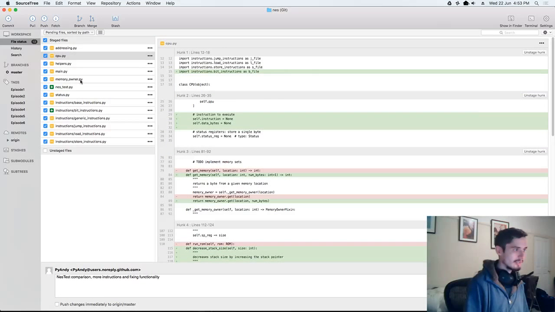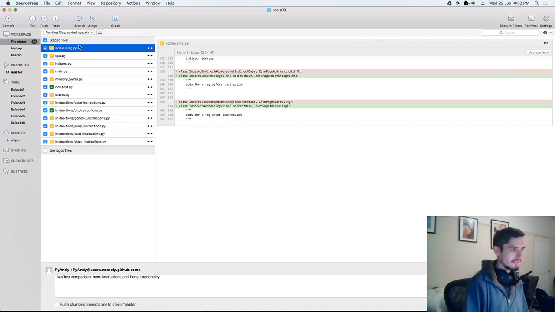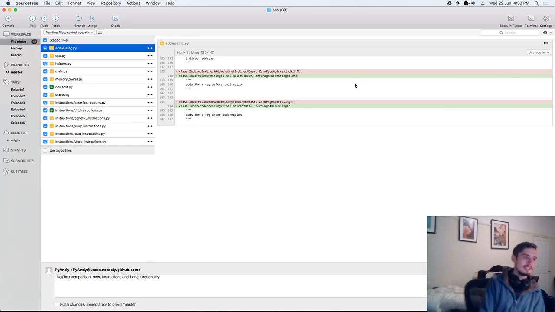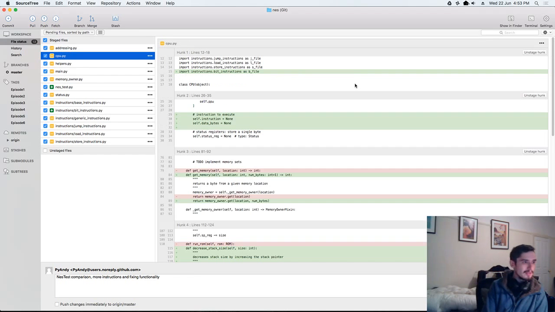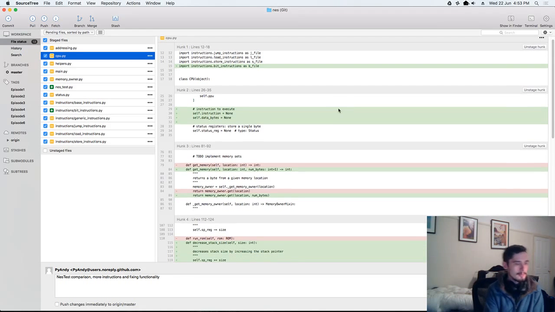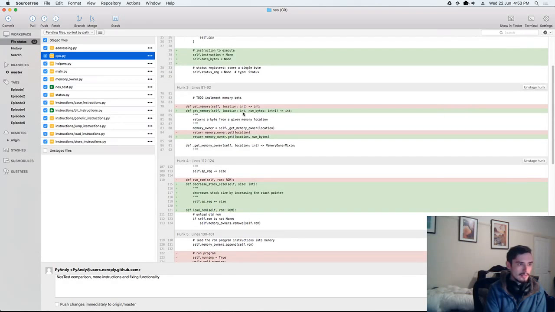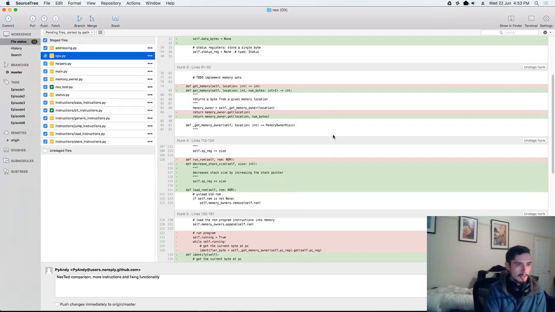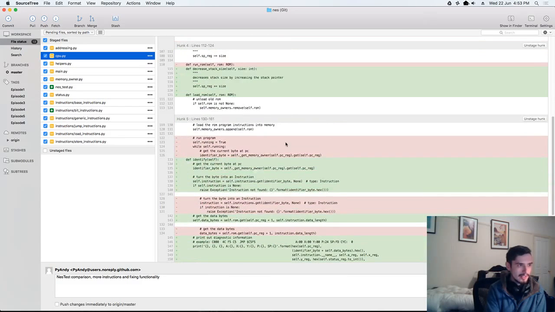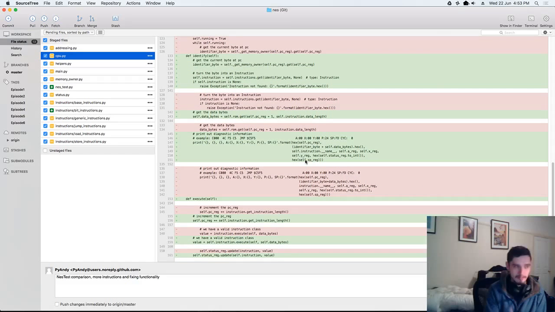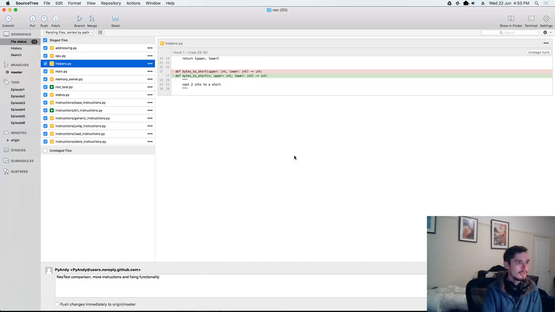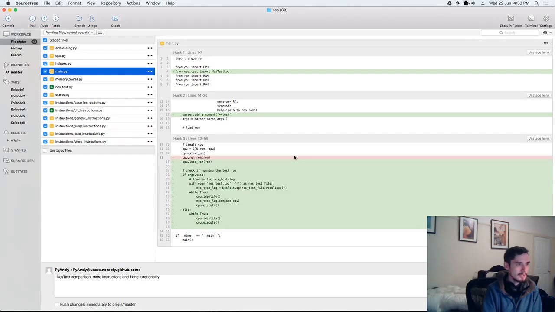Let's see. So normally, screw it, I'll do it. Let's go through it. Let's see what we've changed. Updated some addressing names to be a bit more consistent. We can now get multiple memory bytes, so I can get a byte or get a short. Stack size is now working. We split up our execution into identifying and executing a command, so that we can do some logging and stuff in between. Fixed up our helpers a little bit. Add an argument to run in test mode,